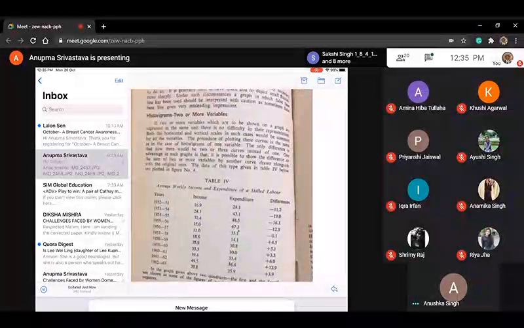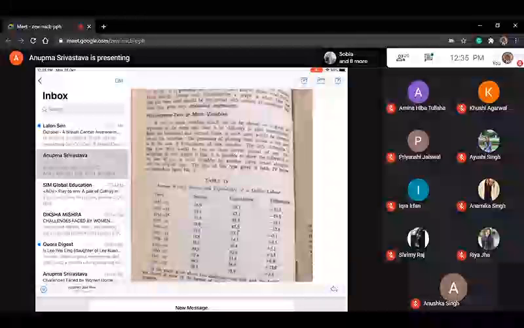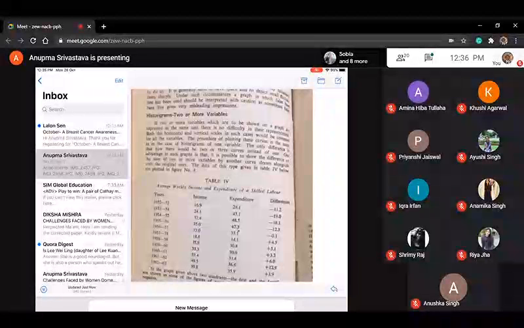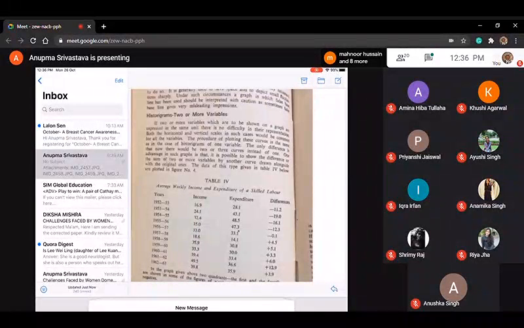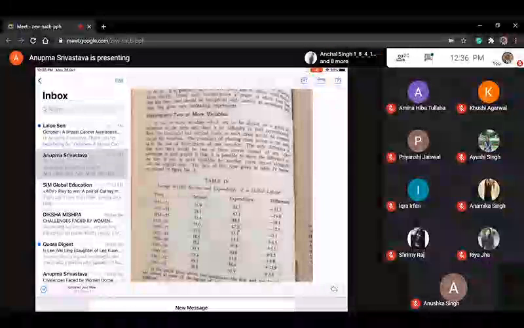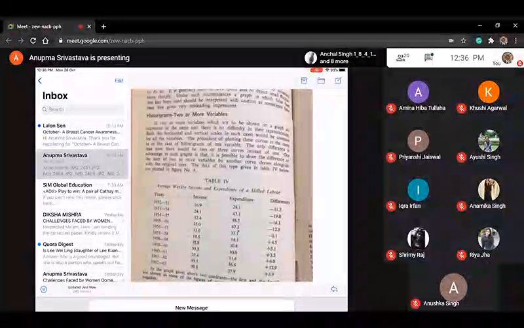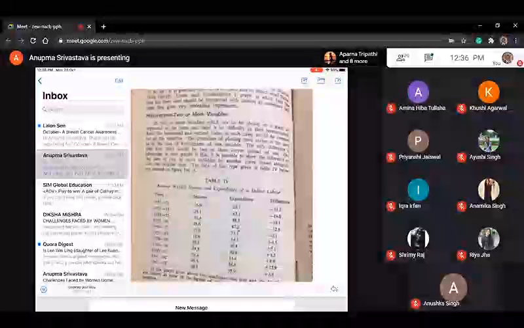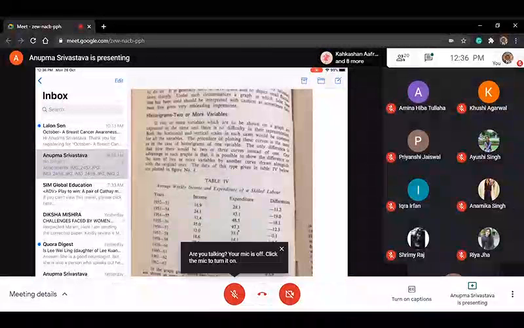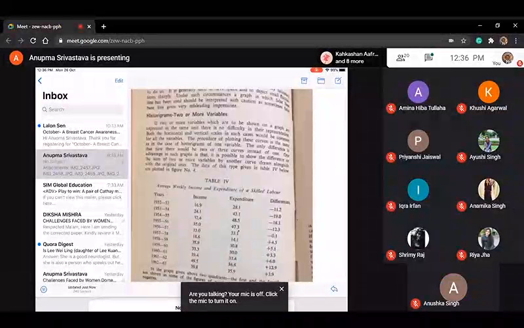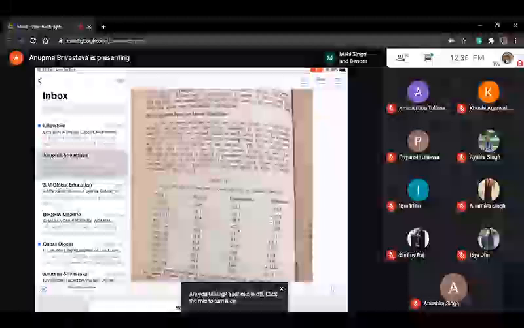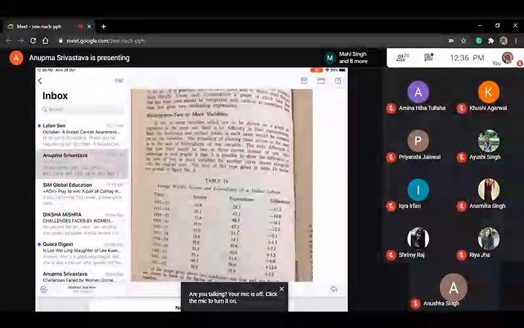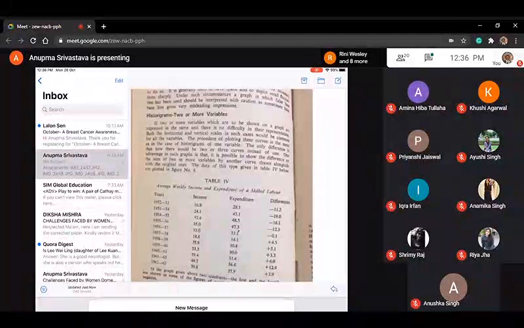Okay. Yes, ma'am. So in this histograms, we discussed that it talks about two or more variables and a time series kind of data where years are shown on the first column, income in the second column, expenditure on the third column, and then we find out the difference between income and expenditure. If expenditure is more, then we put the minus sign. If income is more, then we put the plus sign. And then we try to plot the curves here by drawing the curves.